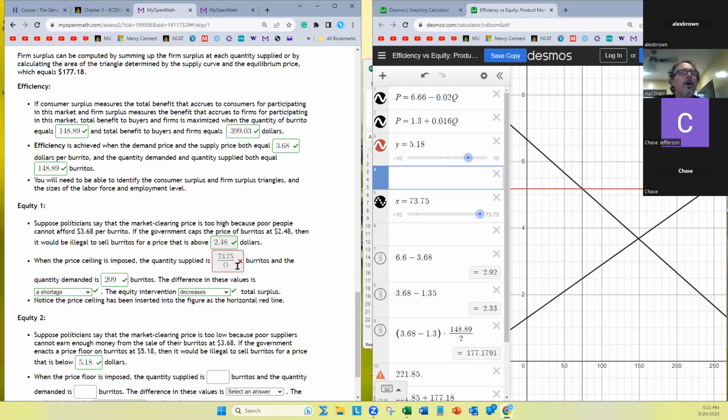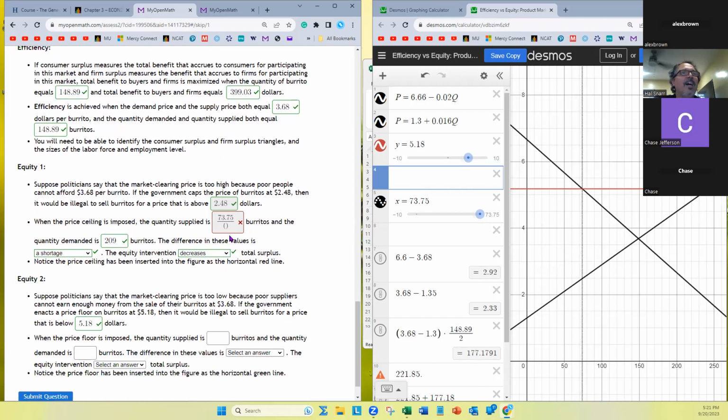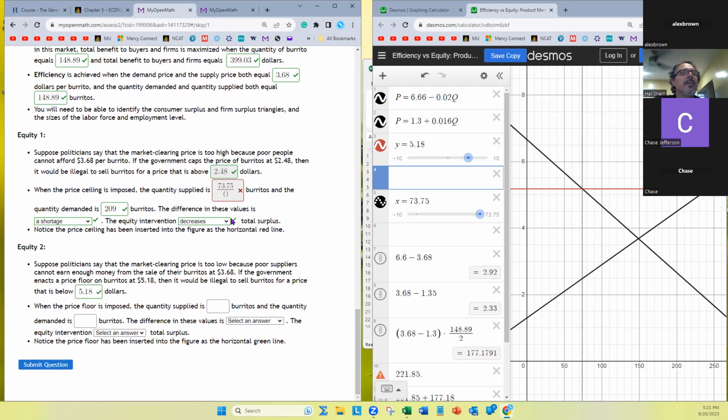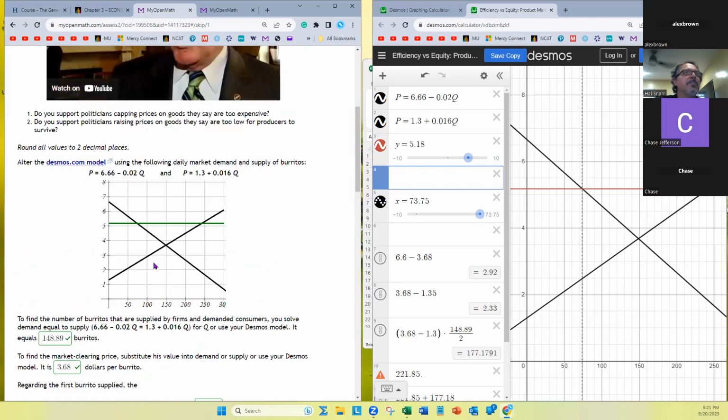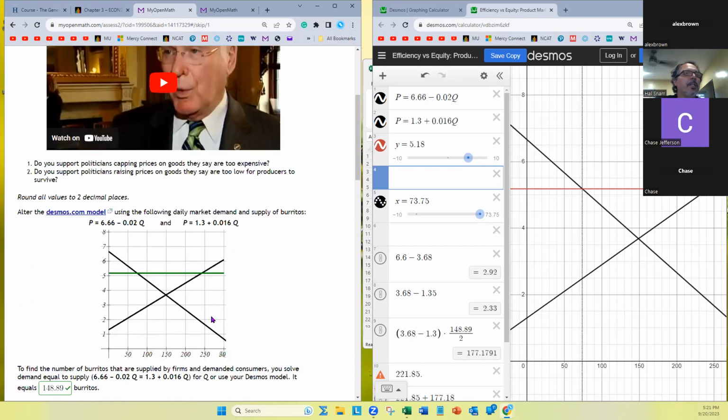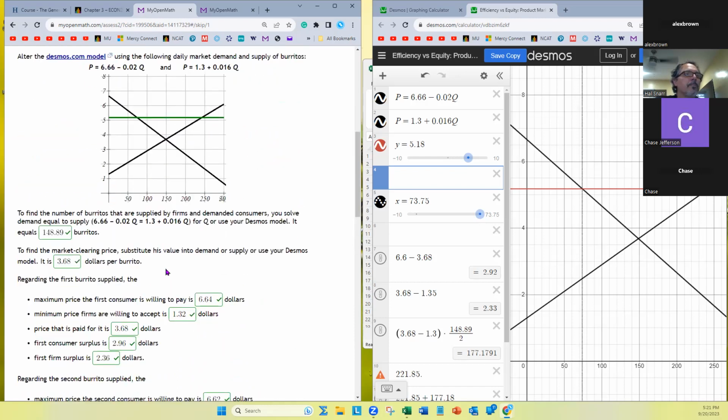What happened here? Oh, I messed up my problem. I have a divide in there. I can't change that. Yeah, I did divide and I didn't put an answer. Okay, that's all right. So when you put that 518 in there, it erases the price ceiling and imposes a price floor. Now prices aren't allowed to go below this line, right?